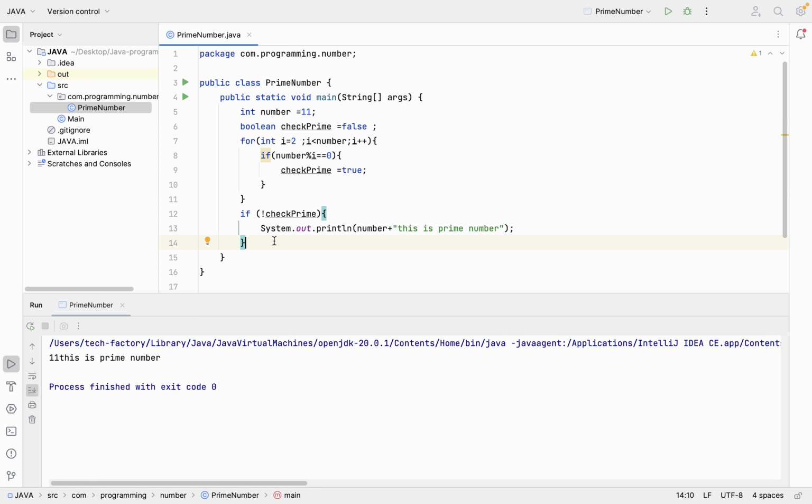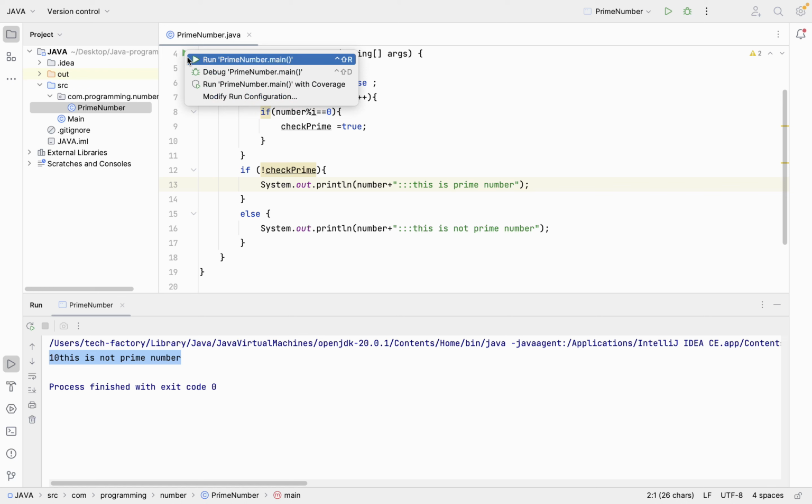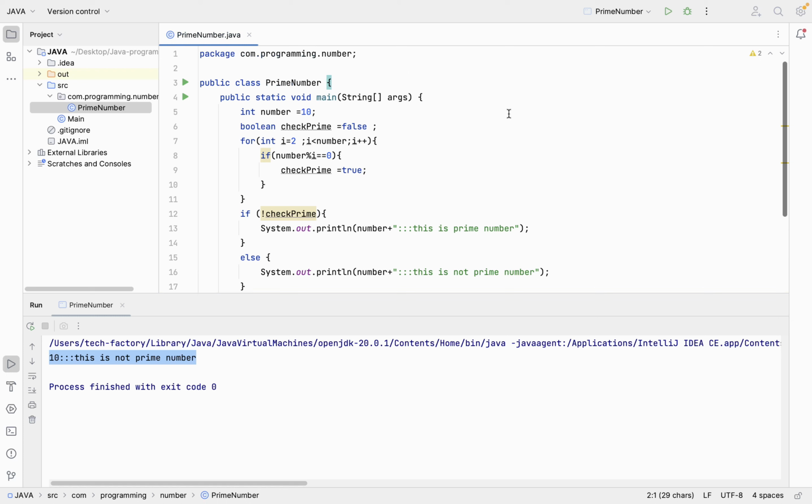I will show you everything step by step. Meanwhile we are putting one more condition, else, and here we will say this is a prime number, this is not a prime number. Now we are putting 10. So now 10 will be divided by any number. Now let's see. It will be divided by 2, 5 and 10 itself. So here it is completely and clearly saying that this is not a prime number. And here you can see in the console also it is saying this is not a prime number. Let me run this program, and it will jump here and say this is not a prime number. Of course, by seeing here we can see.